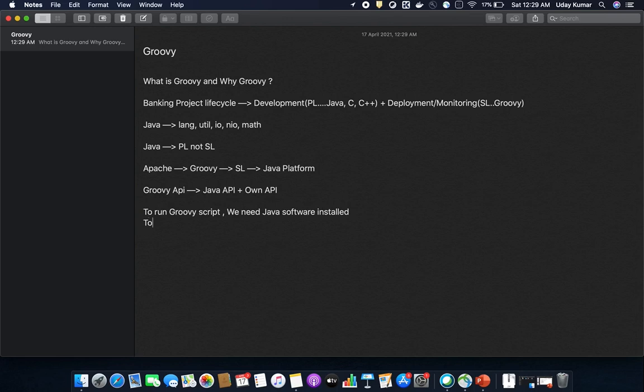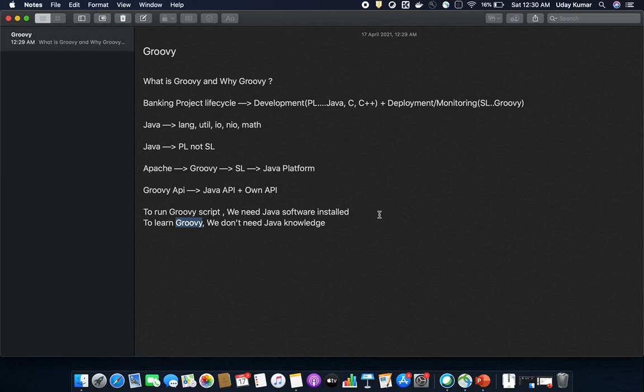But to learn Groovy, we don't need Java knowledge because Groovy is a scripting language. We need Java to run the script, but we don't need Java knowledge to learn Groovy because Groovy is very much similar to other scripting languages like Python.